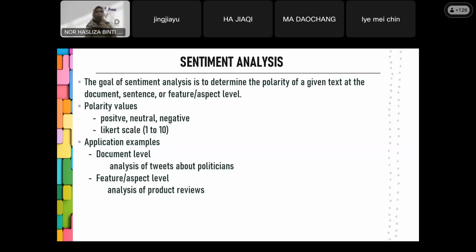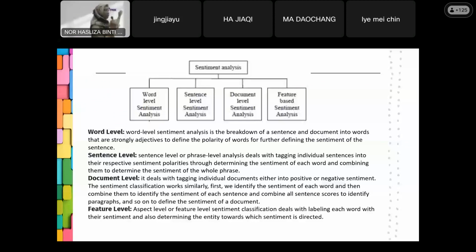Some tools only look at word level, so they don't have the connection between sentences. How many words belong to positive, how many words belong to negative, so it does not go by sentence. Another goes by document level, and the other one is feature based, which is the mixture of these three categories. We might have document level because in one whole Twitter content, we might have more than one sentence.